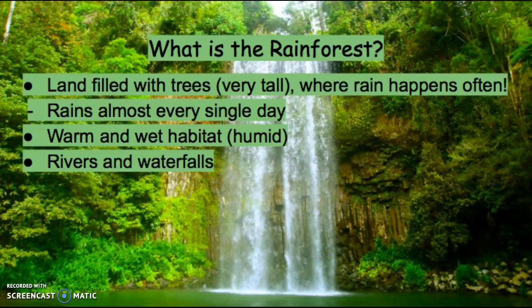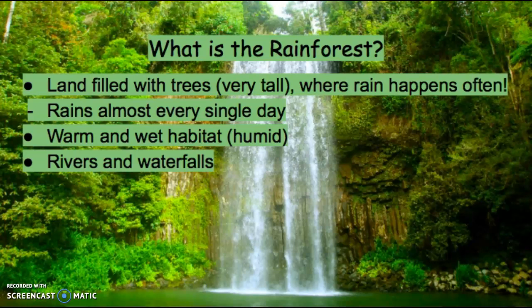Keep in mind there are many different habitats such as the desert and oceans, but today we are just going to talk about the rainforest. So just by looking at a rainforest, we can tell it is a rainforest by seeing the amount of green there is. A rainforest has trees, bushes, flowers, and it keeps itself so green because of the amount of rain